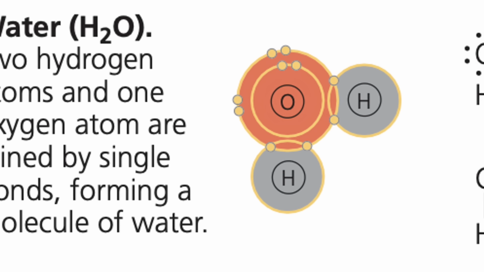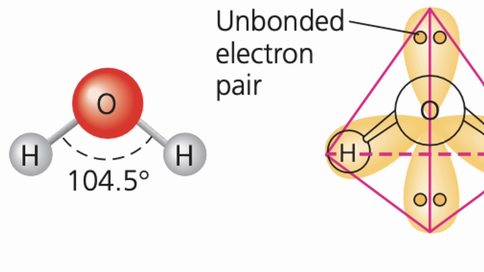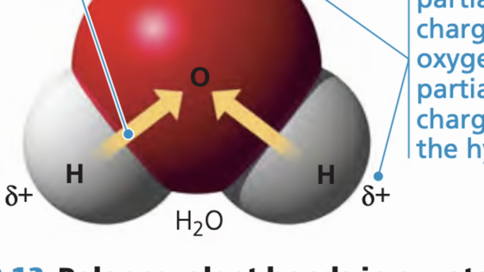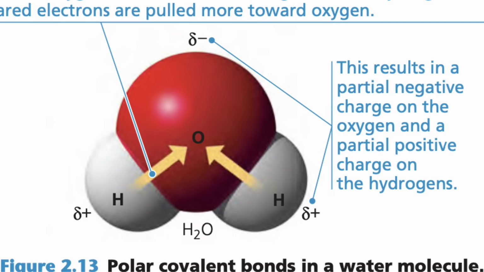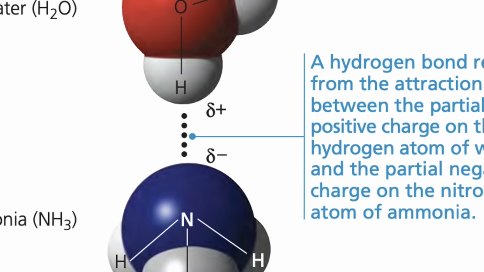First, let's take a look at the structure of water. Water is made of 1 part oxygen and 2 parts hydrogen, built in a bend shape that lends to its very important property, which is polarity. The reason that polarity forms is that the electrons shared between the oxygen and the hydrogen atoms are more attracted to the oxygen atom due to its greater electronegativity. This results in water having slightly positive ends where the hydrogen atoms are and a slightly negative end on the oxygen side. This results in the ability of water to form hydrogen bonds, an intermolecular attractive force formed from these partial